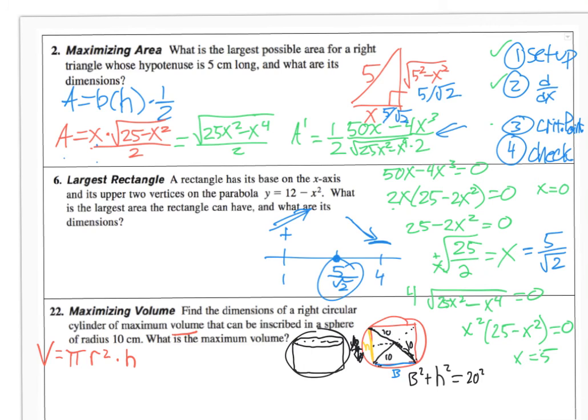I kind of like the idea of finding this r squared thing because I have stuff that's squared here, and that might mean that I don't have a square root, which I really don't want to deal with. So I'm going to solve for the b. That's going to be 400 minus h squared, and then that whole thing is square rooted. To get the radius, so that was the base diameter, I've got to divide this by 2. Making my equation